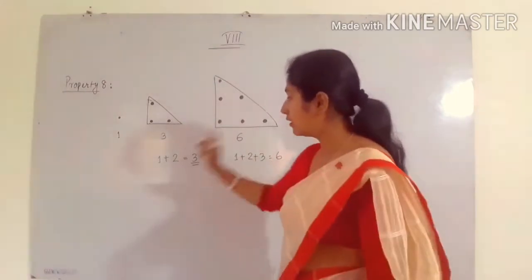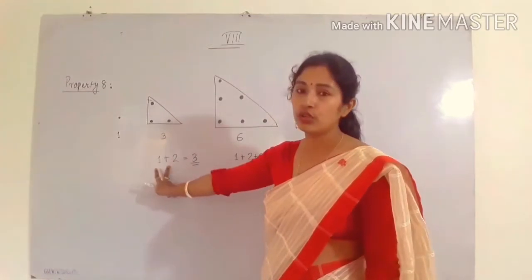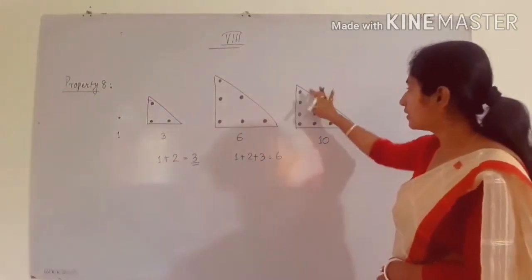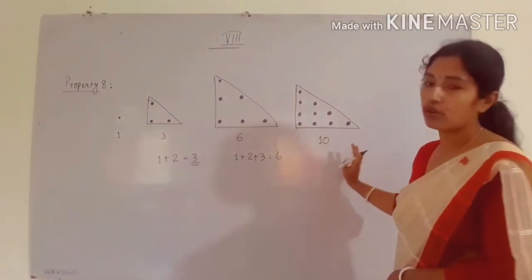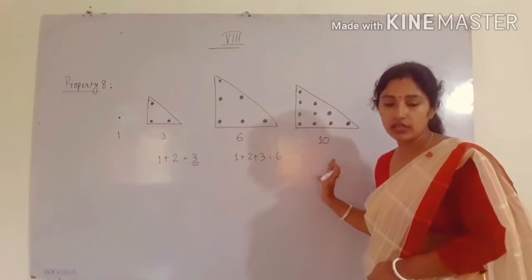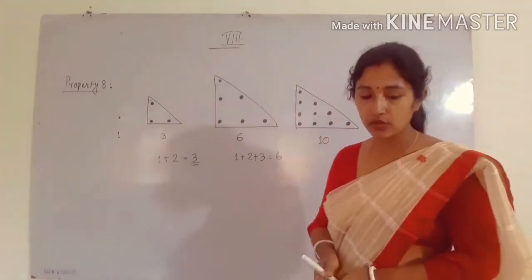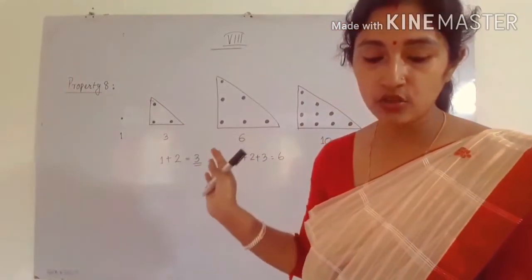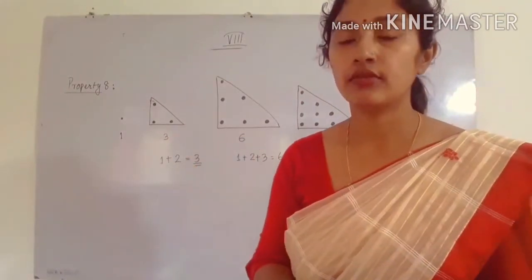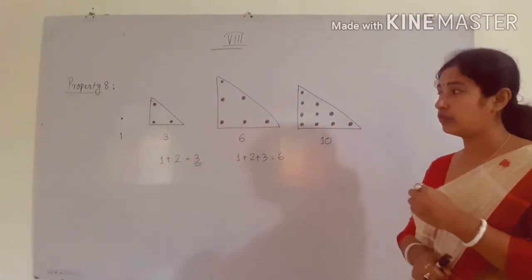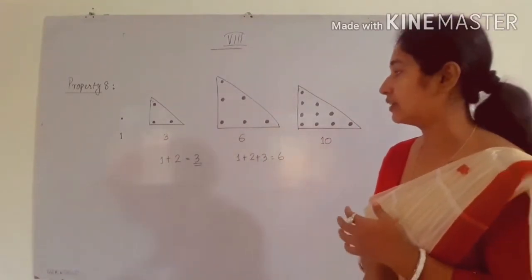6. So here the number of terms is 2. Here there are 2 terms. Here we have 3 terms. Similarly, here the number of terms is what? 4. Okay. 1 plus 2 plus 3 plus 4 is equal to 10. So this is called the triangular number. So what is the property? We have to write a property. We have to make a conclusion by seeing this.